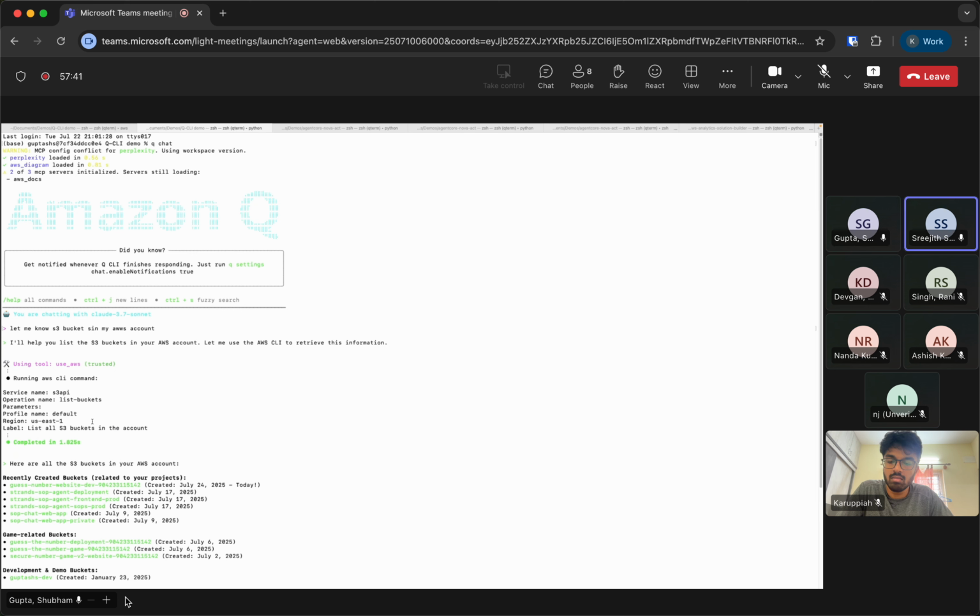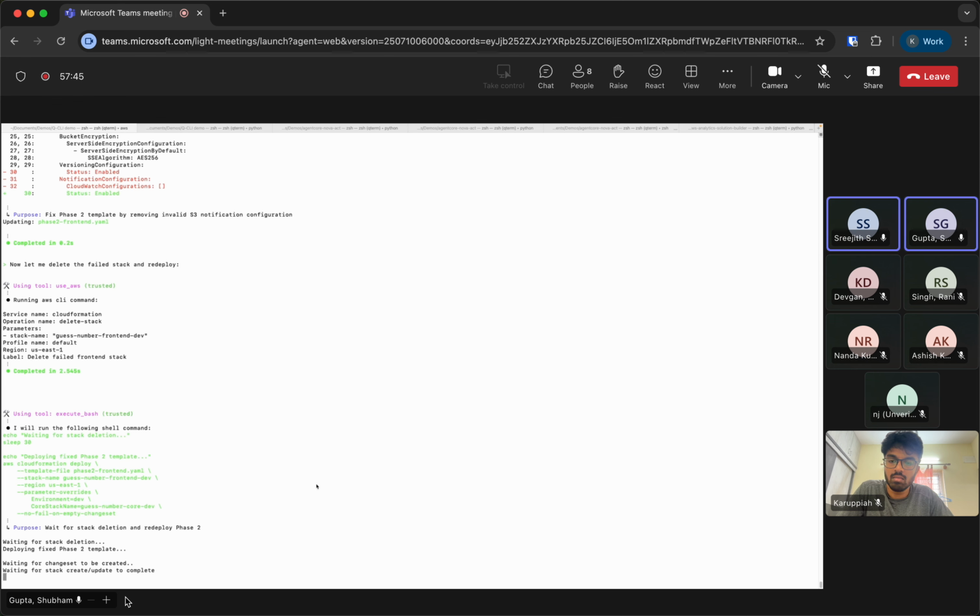Got it. Shubham, one last query from my side. In terms of the data we push to the LLM with the agents, in terms of security, how are you making sure that PII data is not getting sent, or is it configurable from our end, what data can be sent and what data cannot?